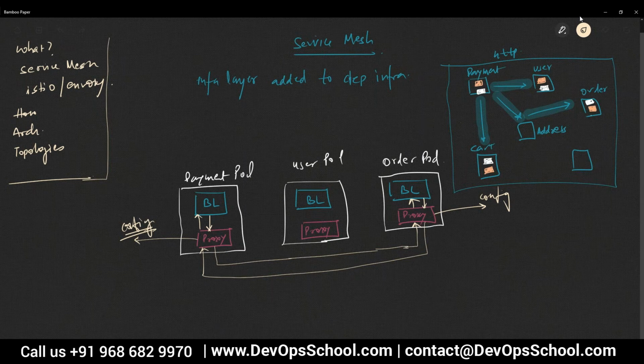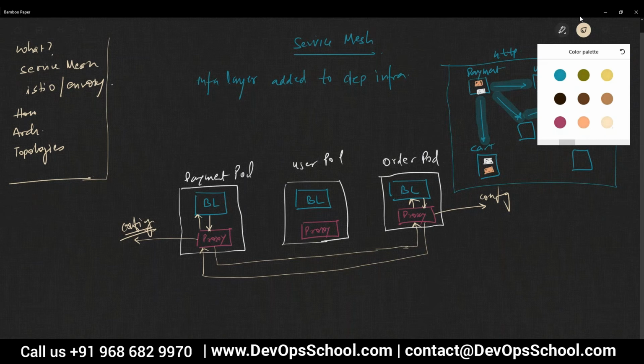Okay, so you have a proxy which intercepts your communication, gathers the data out of it, and lets the communication flow to the target pods or to the target containers. Okay, this is what a service mesh is. But what does it do with the data that is extracted from the pods? Well, it forwards that data